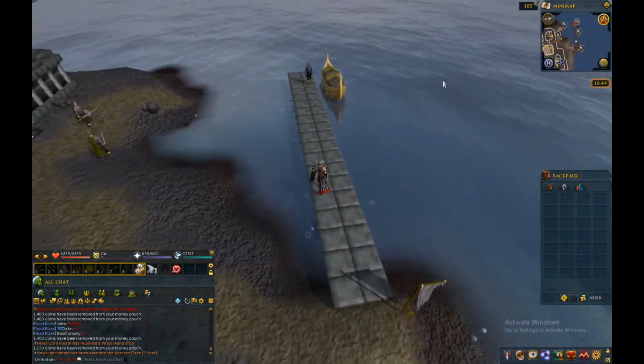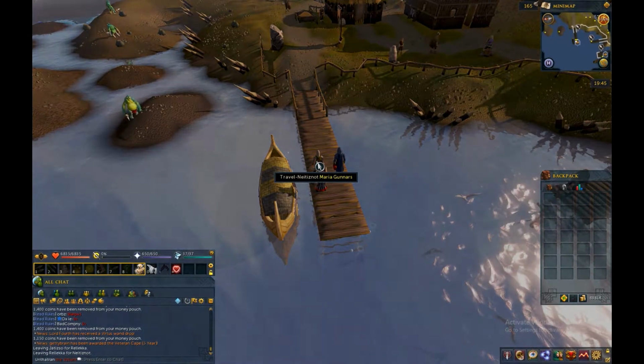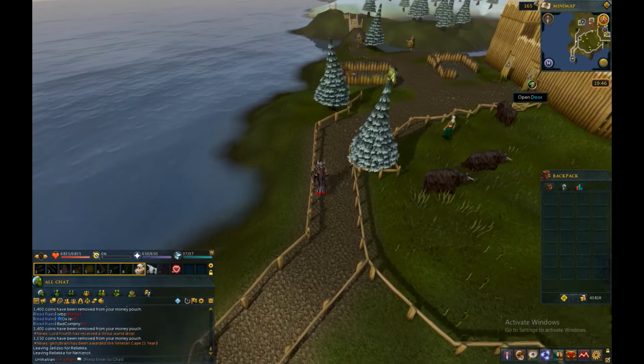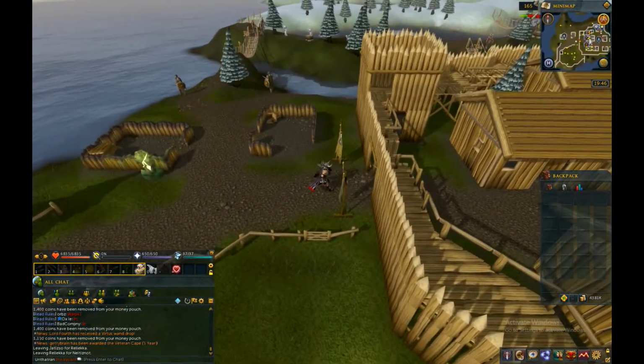Once you're done, take the boat back to Relica. Right next to Mord, you will see his wife, Maria. Talk to Maria to take a boat to Nadasnot. Once you arrive in Nadasnot, follow the road north, head inside the walls, and go over to the bank just